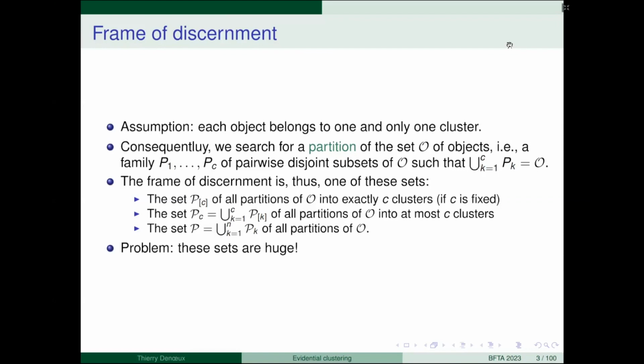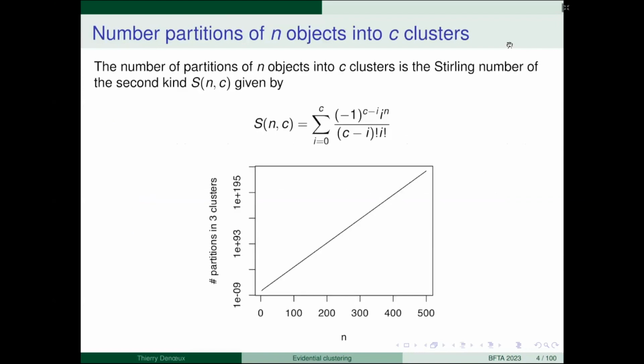The problem is that these sets are very big, and we can even say huge. For instance, if we fix the number of clusters or groups, the number of partitions of n objects into C clusters is given by this formula. And here I plot, on a log scale, the number of partitions into three groups as a function of the number of objects.